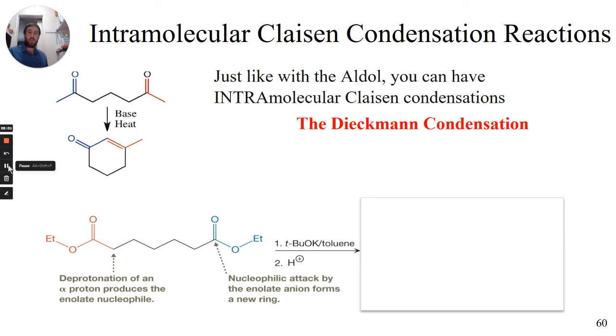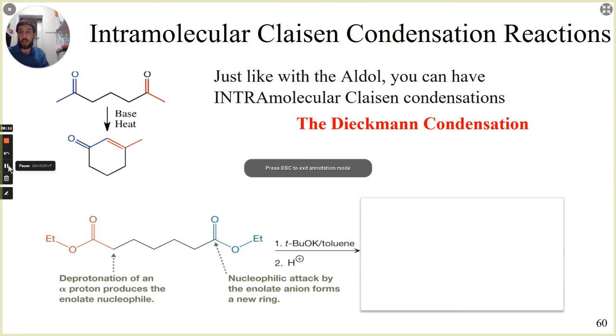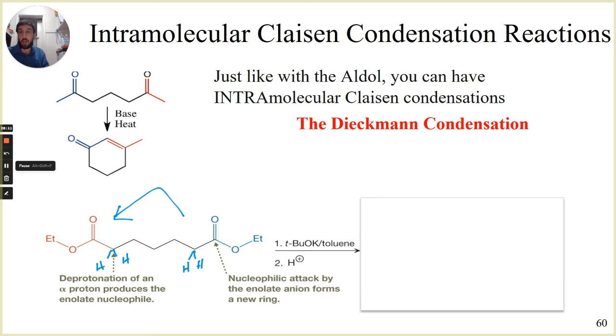Okay. Ultimately, again, you need a long enough structure so that you can form a 5 or 6 membered ring. That's one of the requirements. If we look at our ester structure, okay, we have the electrophilic sites for our esters, okay, depending on where the base reacts. And then we have our alpha hydrogens. And note the alpha hydrogens are going to be on the inside because the outside of these structures is those